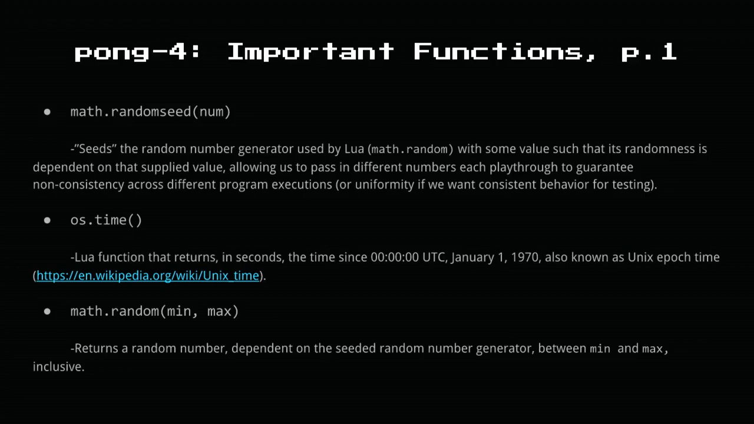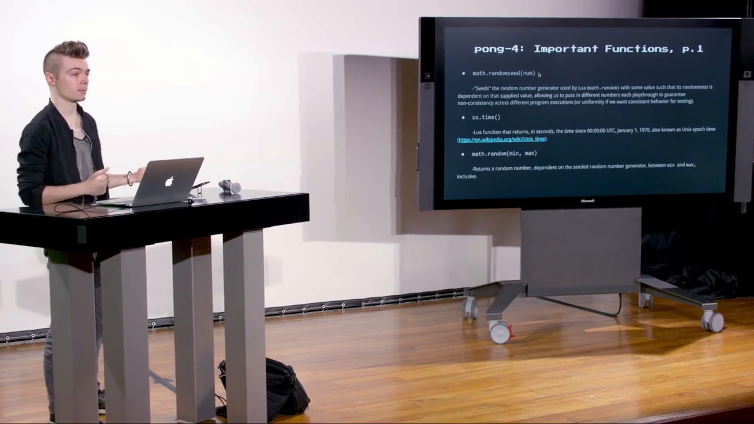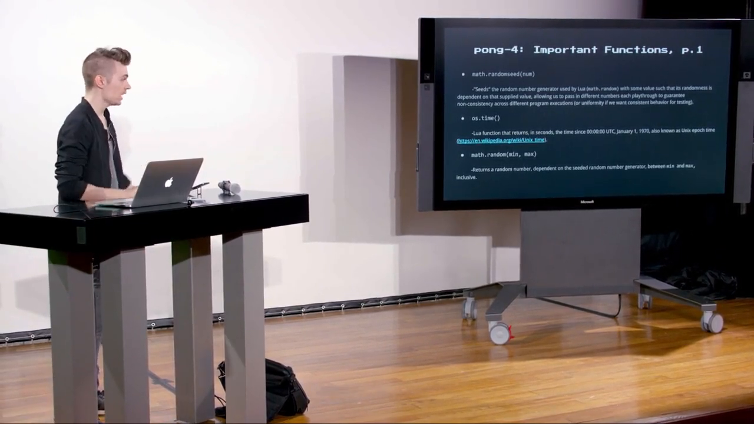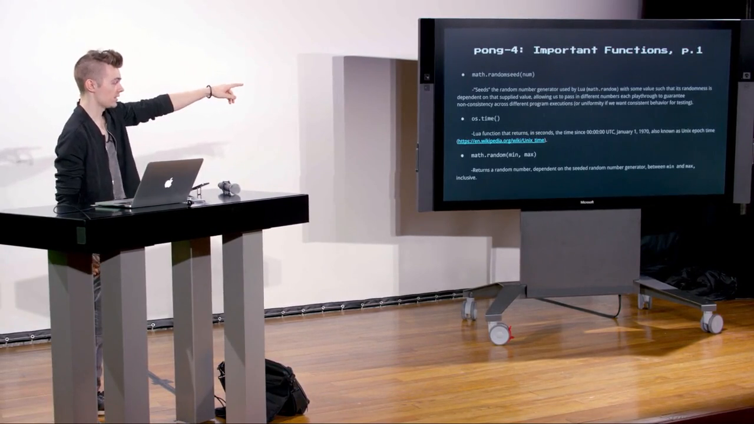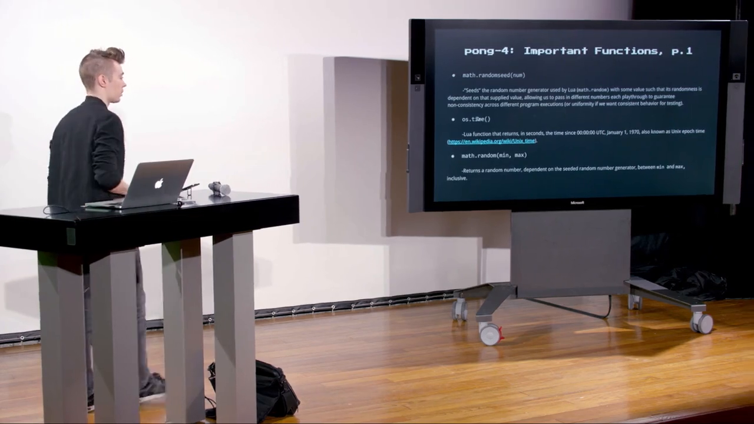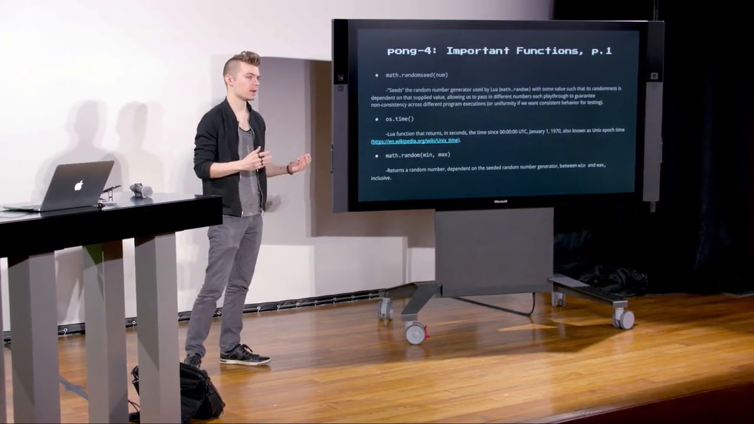But if we give it the same number every single time, it's just going to give us the same random numbers every single time, which means it's not going to be random at all. It's going to be very consistent. So we need a way to seed our random number generator, give it a different initial value or seed, and we're going to do that with the function math.randomseed sumNum. os.time is an important function in the context of this because a very common way of getting a different number